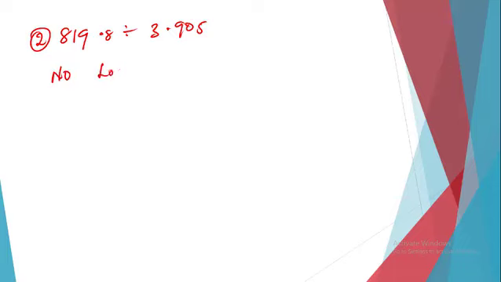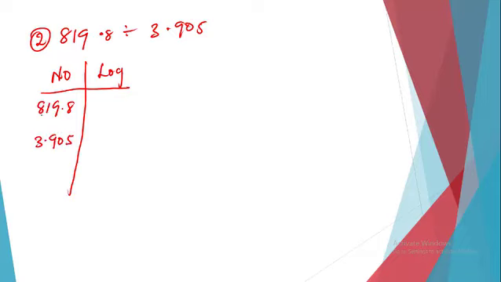135600. Example number 2. Remember, we are dealing with multiplication and division of logarithm. So we have 819.8 divided by 3.905. This is division. Under division, the principle of subtraction is used. We have our 819.8